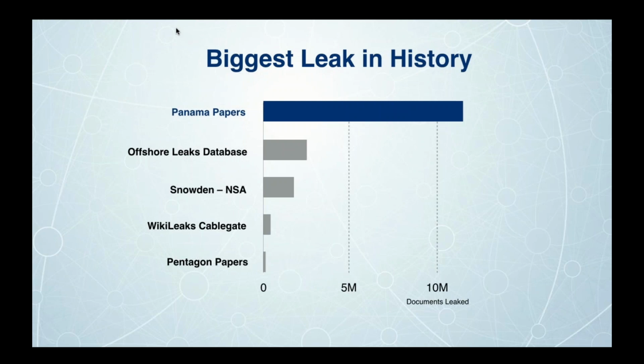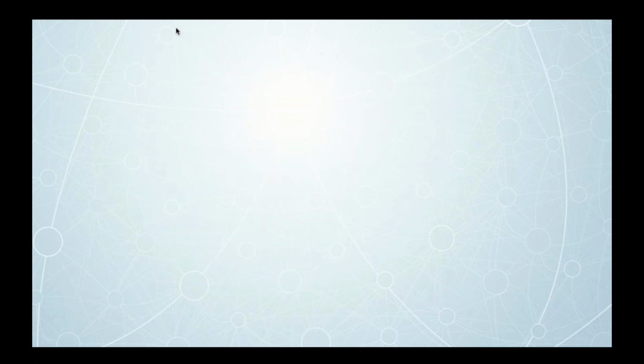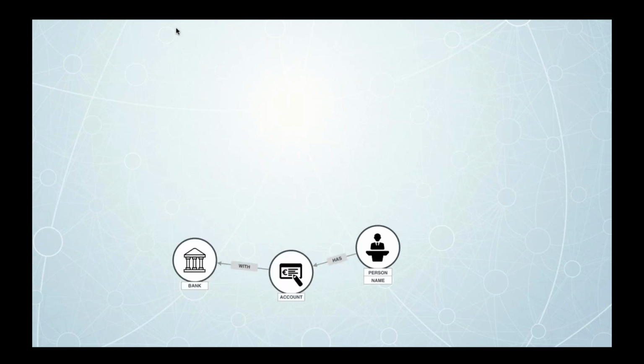If we think about that, setting aside anything about technology, just conceptually think about what you want to do if you're a journalist and you want to analyze something like tax evasion. You probably want to identify individuals, persons with names and things like that. They may be connected to bank accounts, which is not a problem. That's what I have. That's what all of us have. But what you're looking for is probably not direct connections between an individual and their bank accounts, like is represented in this slide,